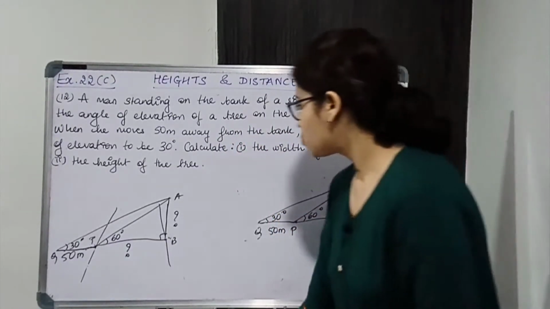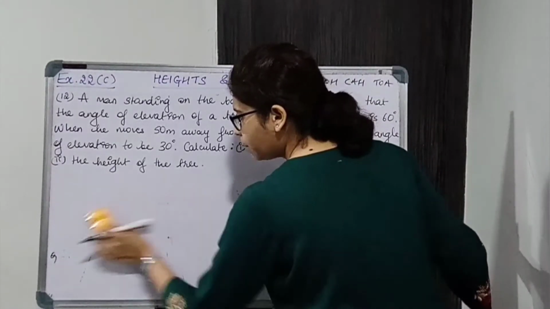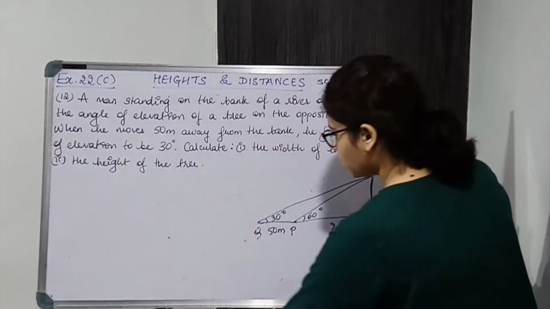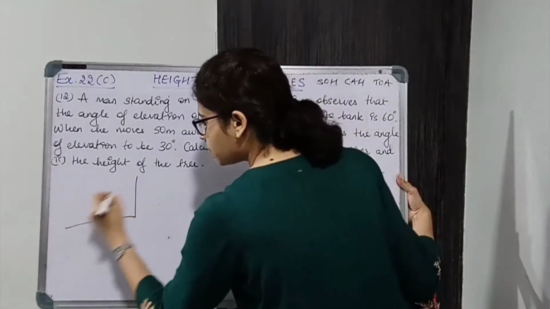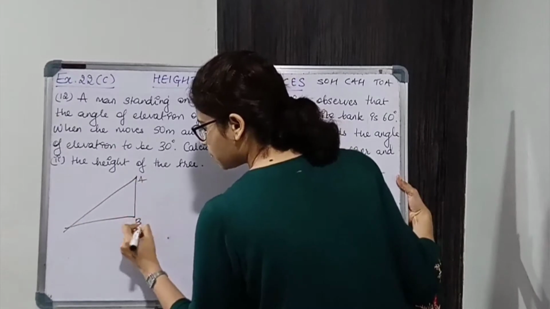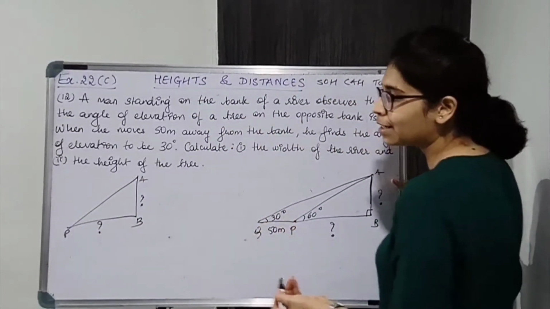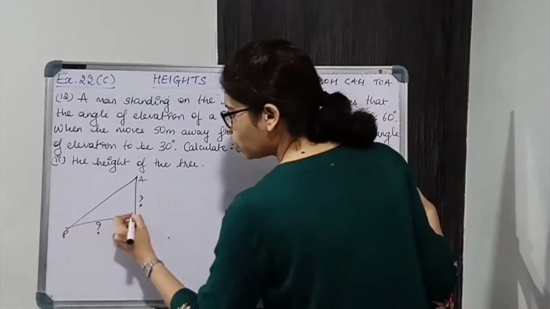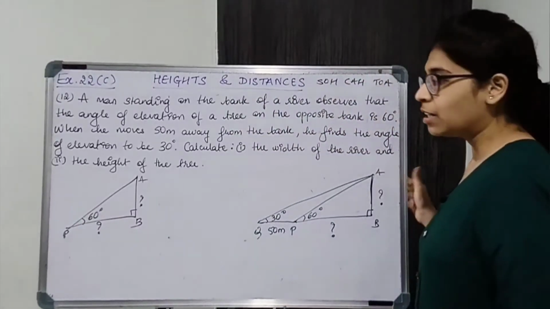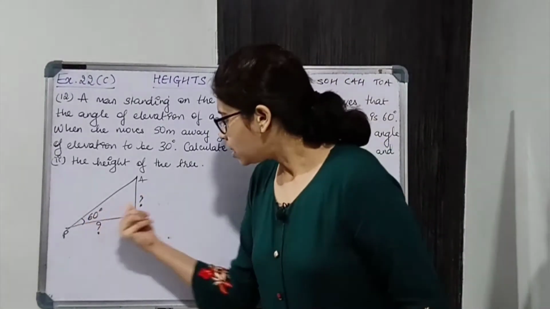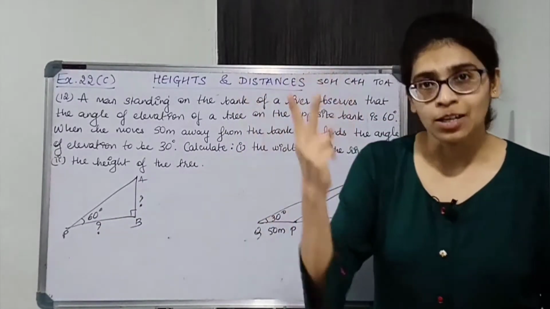Okay, so let's see how to solve. Now we will consider ABP. We have to find this also, we have to find this also. We have to find both, and no other information is given. We just know this is a right angle triangle, this is 60 degrees. So we have to find the opposite of the angle and the adjacent of the angle. I need the relation of opposite and adjacent.